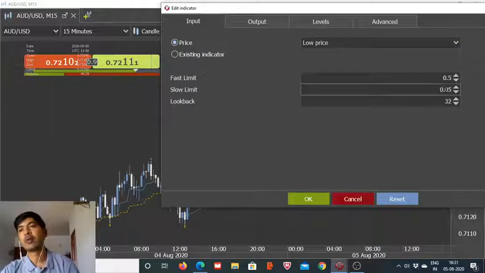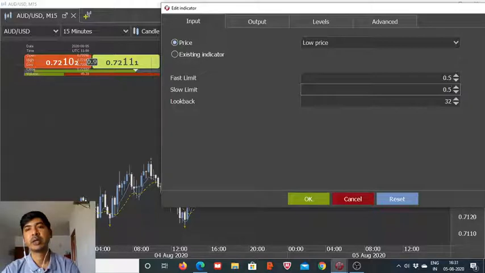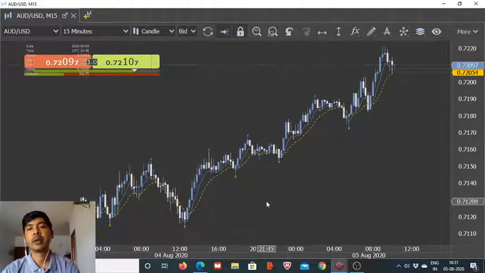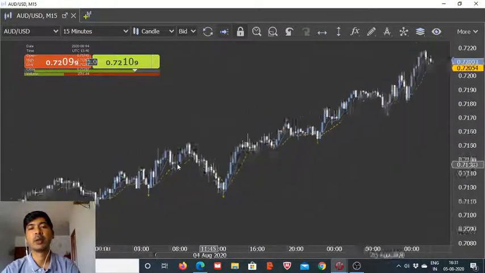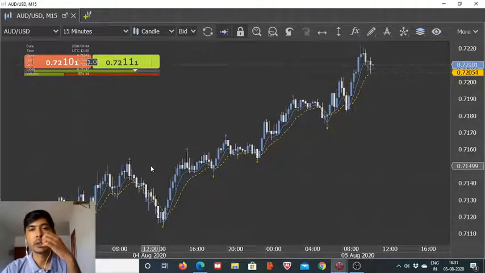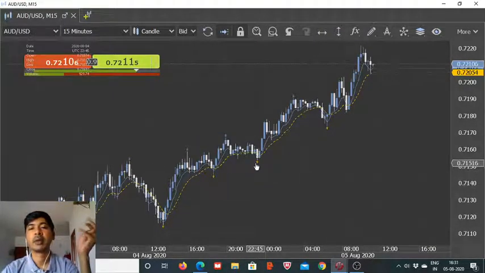Keep in mind this default value, that is 0.5 for the slow and 5 for the fast. Now when I change this slow one also to 5, the shift has happened here, and we have a lot more smoother moving average compared to the earlier one. But still, it is doing an excellent job if we were to look at the crossover whenever there has been a cross. But also I think almost twice we get the break on the lower side,